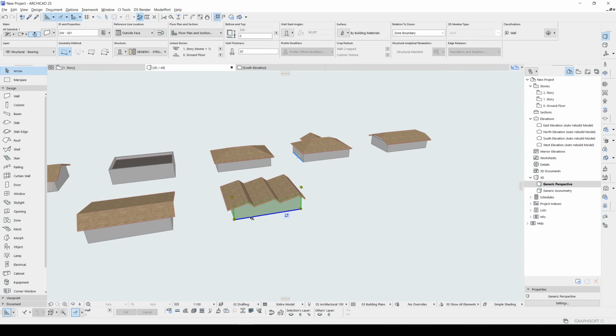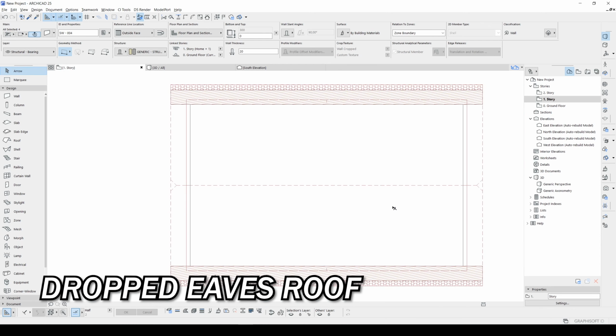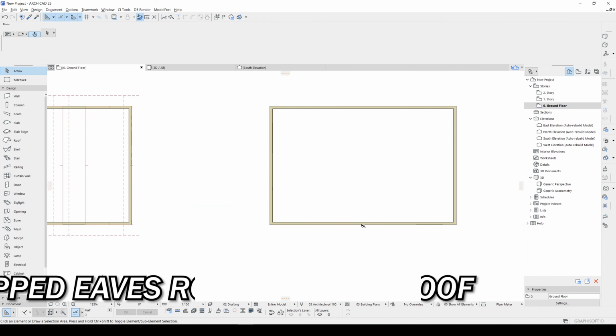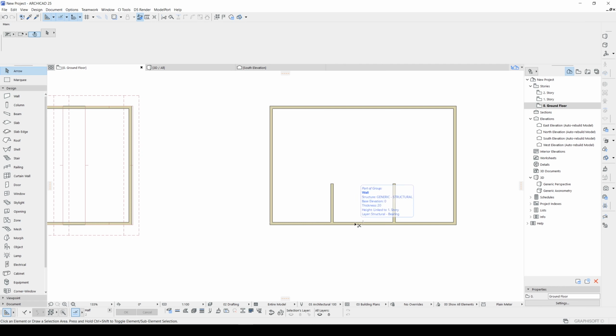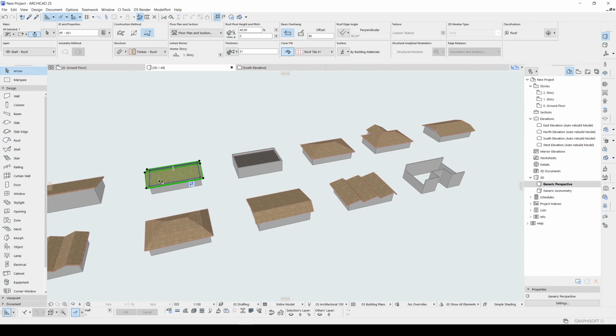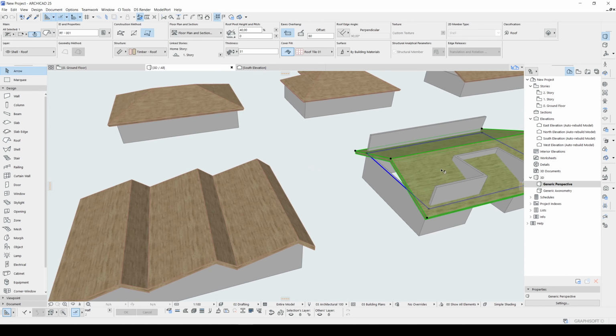Okay, moving forward, this one will be drop eaves roof. It's gonna be similar like this, but for the floor plan, we need some changes. Our roof will have a gable from this side because of floor plan. We are going to copy this roof, or you can do from stretch.